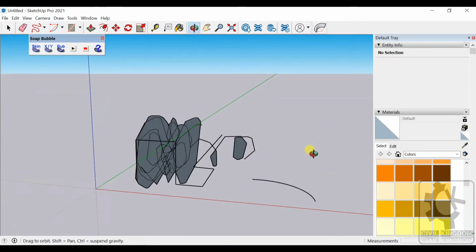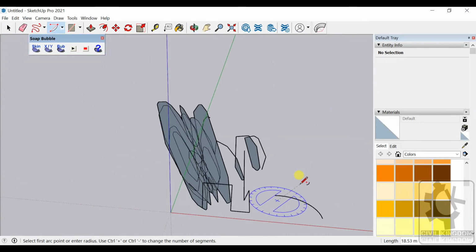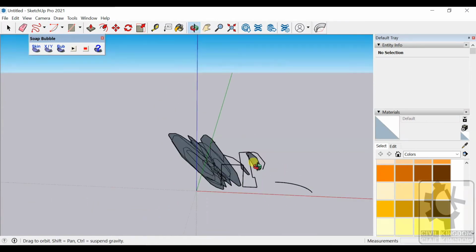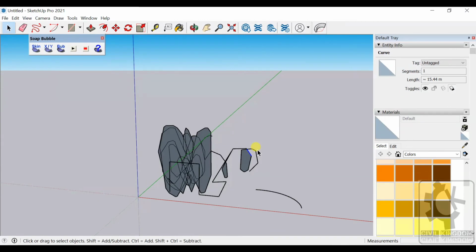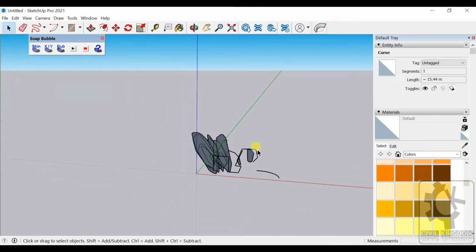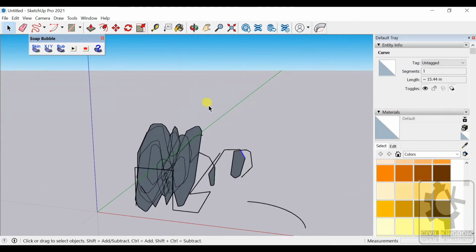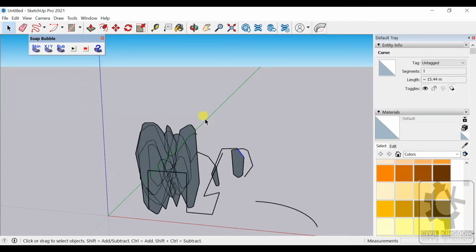You might be thinking how I am navigating in the software. To do that, if you scroll up your middle button of your mouse, you can actually zoom in, and again if you scroll down, it will zoom out.